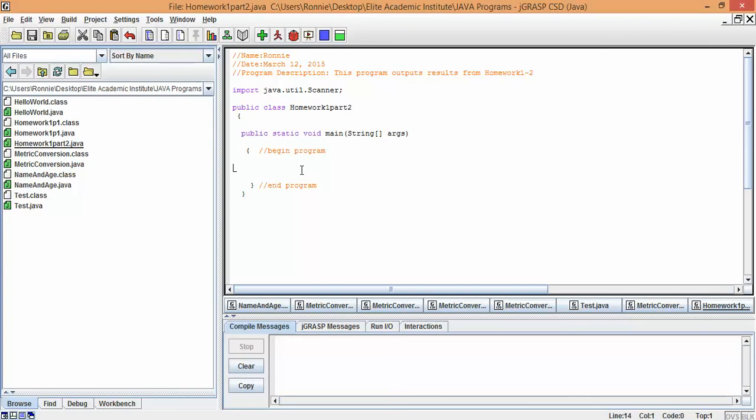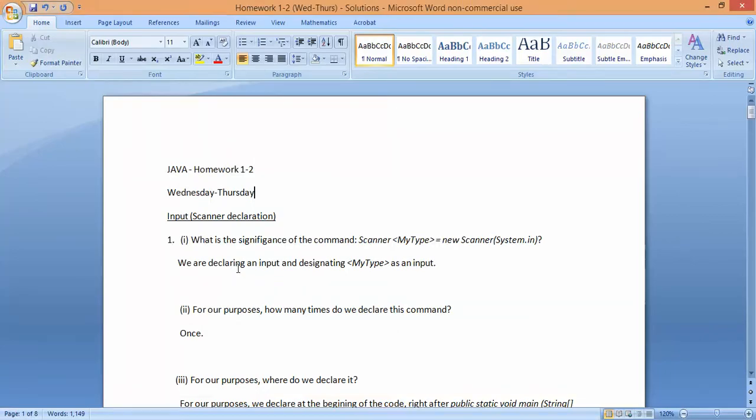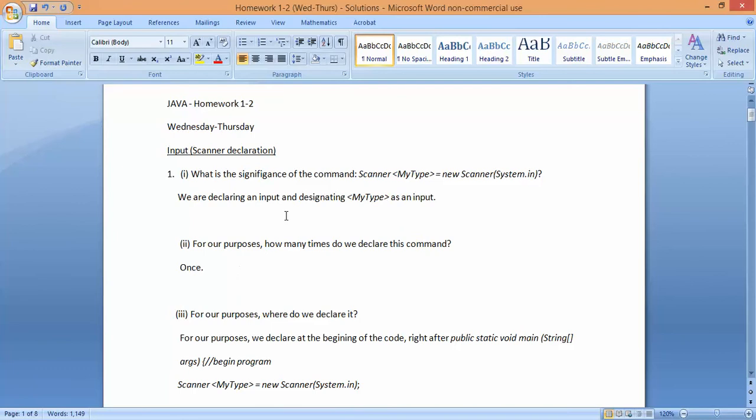Real easy. Alright? Now, we go back to the question. Question is, what is the significance of the command scanner mytype equals new scanner system.in. Basically what we're doing is we're declaring an input and designating mytype as an input. What does mytype mean? Mytype is simply